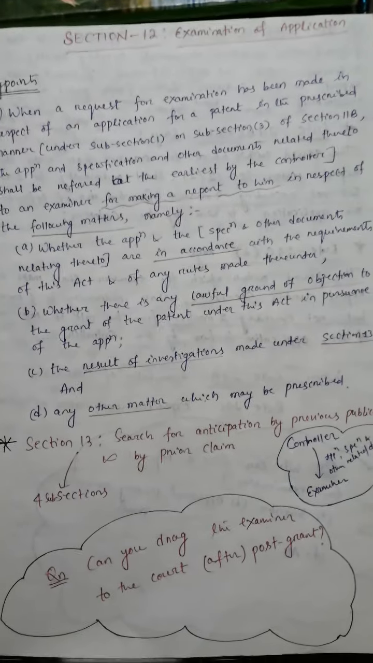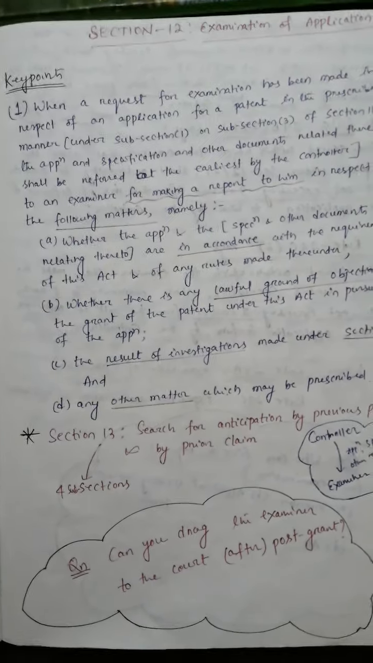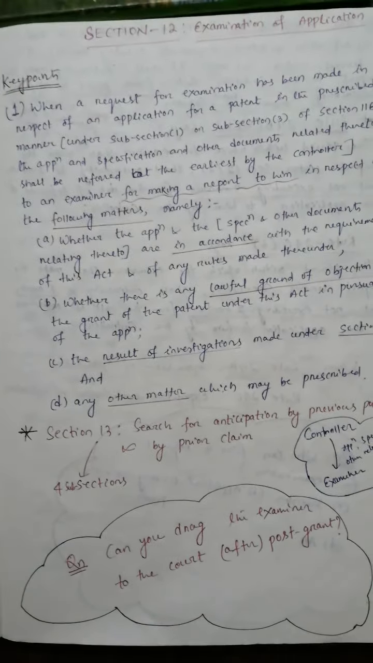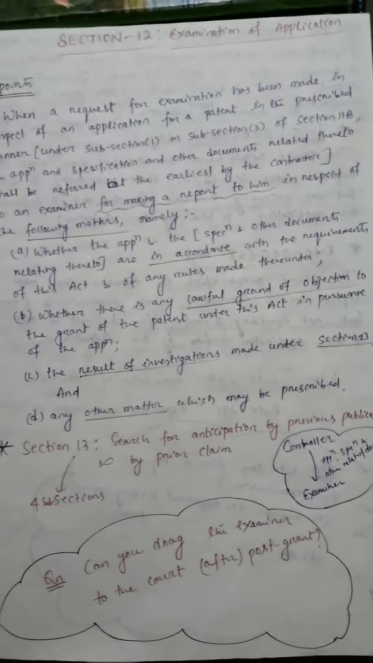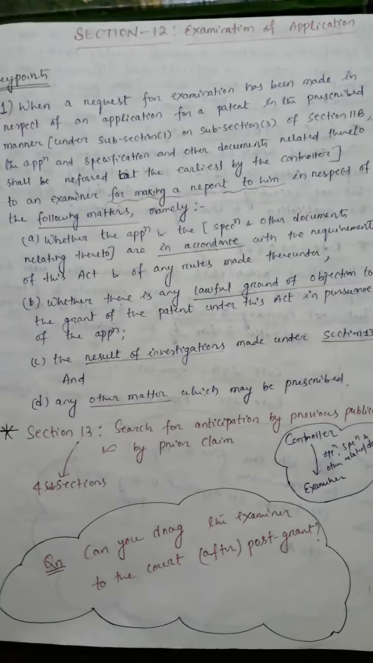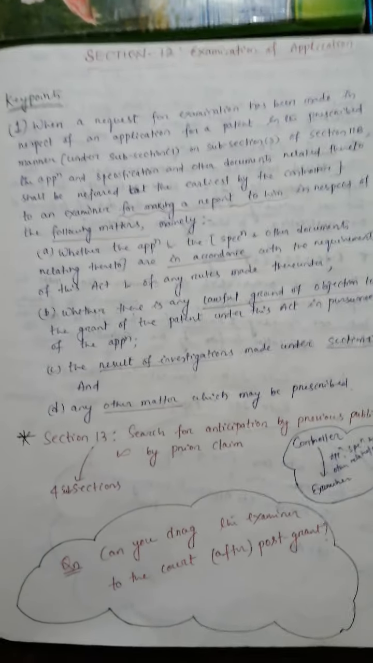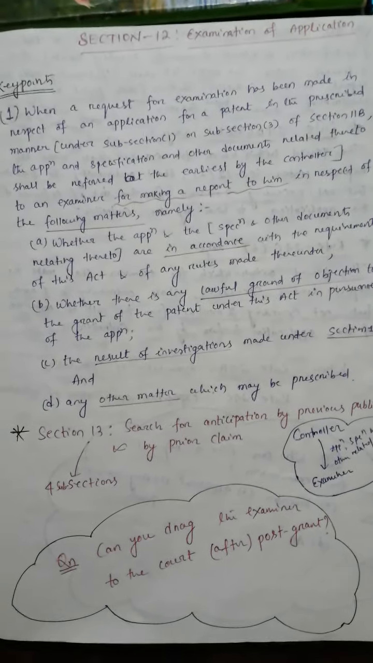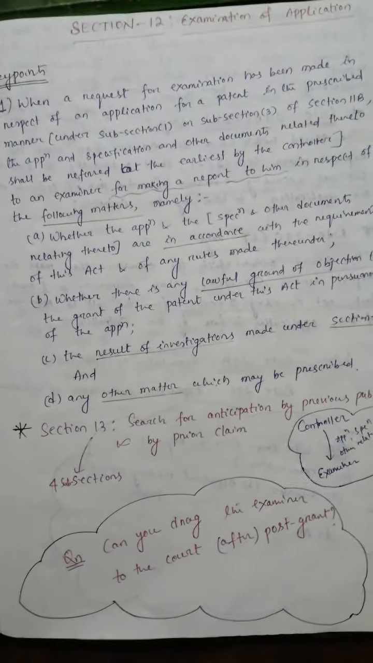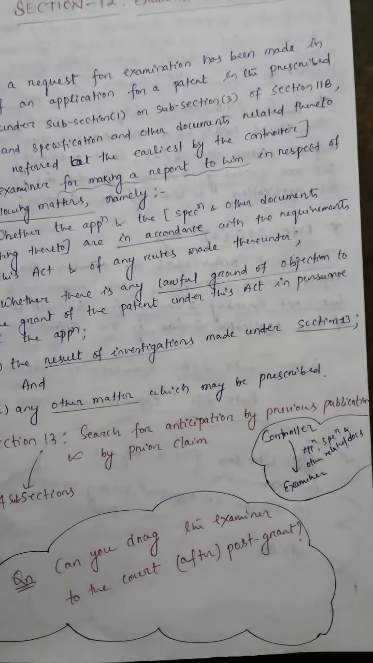Subsection 1. When a request for examination has been made in respect of an application for a patent in the prescribed manner under subsection 1 or subsection 3 of section 11B, the application and specification and other documents related thereto shall be referred at the earliest by the controller to an examiner for making a report to him in respect of the following matters, namely, and these are given by bit A, B and C. The simple meaning of subsection 1 is that after getting a request from the applicant, the controller refers to the examiner